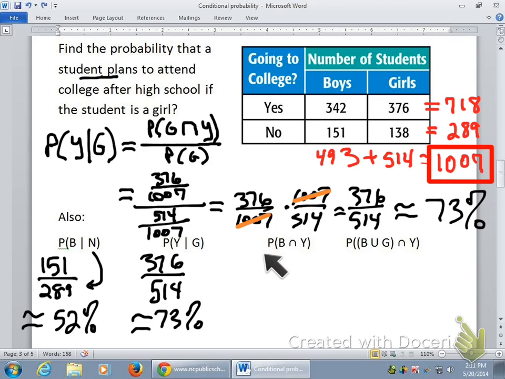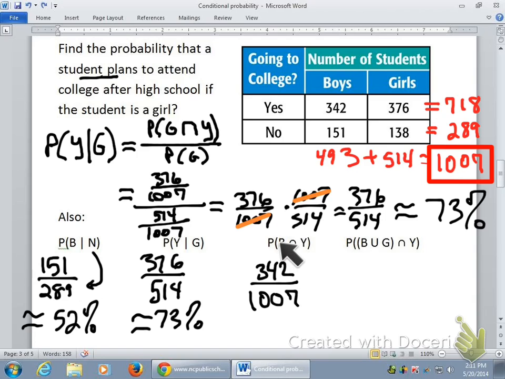The probability that it is a boy and they said yes. So this is a boy who said yes, they're going to college. How many boys said yes, they're going to college? 342 boys said yes, they're going to college. Out of how many? Oh no, out of everybody. Okay? Because it's not conditional. They're not talking about... it has not been given to me that I'm only talking about